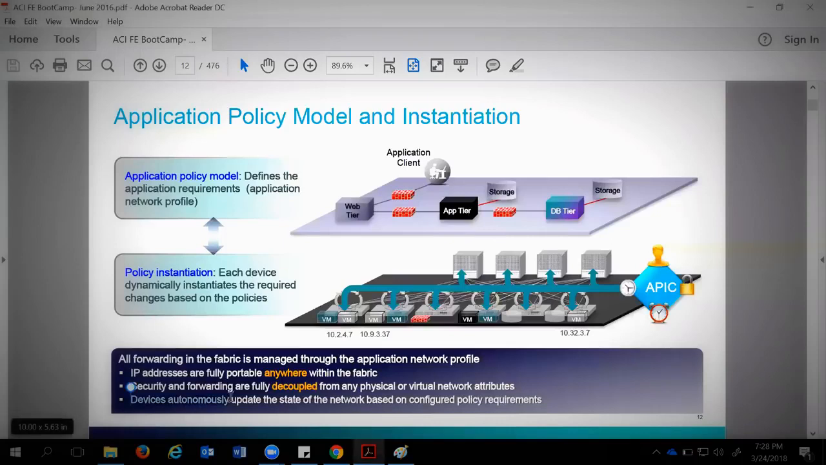So the thing is that devices autonomously update the state of the network based on the configured policy requirements. So obviously these devices will demand that I now have web devices connected. So accordingly, the policies will be distributed to the switches at this level. So this is called an application policy model. And on that basis only, the traffic is going to behave and the customers would be running their workloads behind